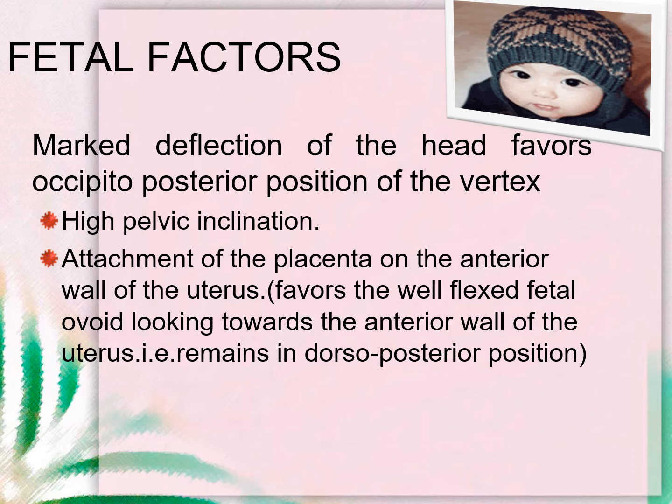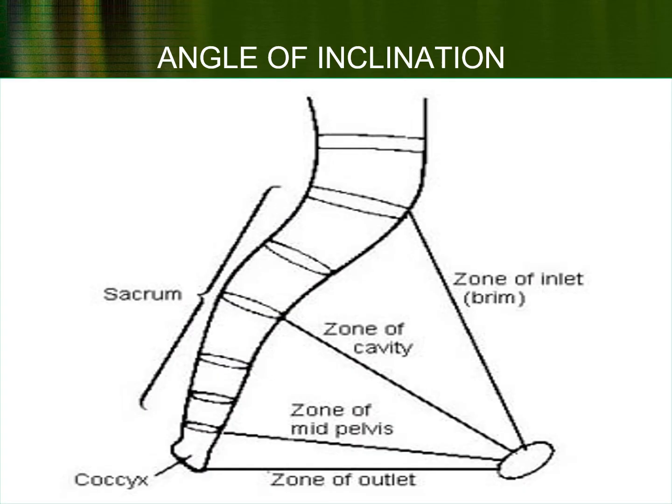And if one of the sacral vertebrae is going and joining with the lumbar vertebra, usually the height of the sacrum will decrease. If the height of the sacrum is less, it is known as low inclination, and if the height of the sacrum is more, it is known as high inclination. Here, you can see the angle of inclination. See, this is the sacrum. If this vertebra is also coming and joining here, that is known as a high angle of inclination. If this is moving upward, it will be up to here, so the angle of inclination will be less. So if the angle of inclination is more, there is a chance for posterior position.